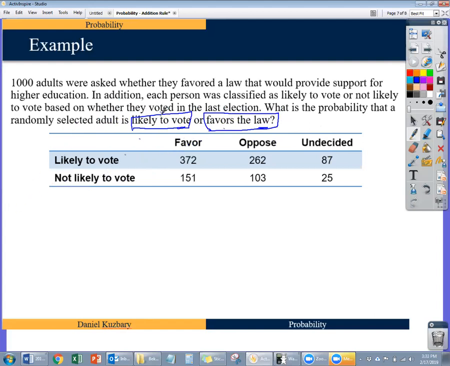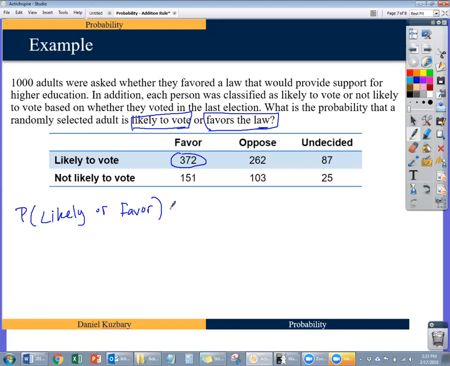Okay, so the first question we need to ask is, are these mutually exclusive? Is it possible that you're likely to vote and you favor the law? Well, yes. In fact, there's a whole bunch of people right here that are both likely to vote and they favor the law. So it is possible. They're not mutually exclusive, which means we need to use the general addition rule to find this. So we're going to do the probability that you're likely to vote or favor the law,